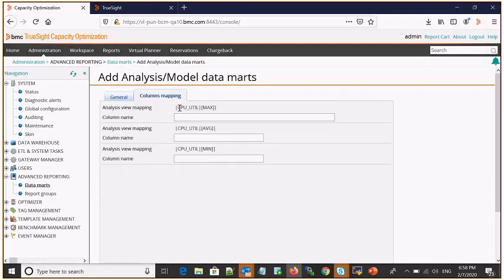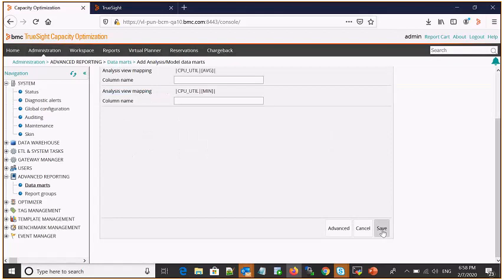So in this case, we got 3 values from the analysis: CPU till max, average, and min. So we can give some name to this just to map it. We could give the same name, or we can give a different name, and then we just save it. All right. So since I don't want to spend time on the execution part of it right now,